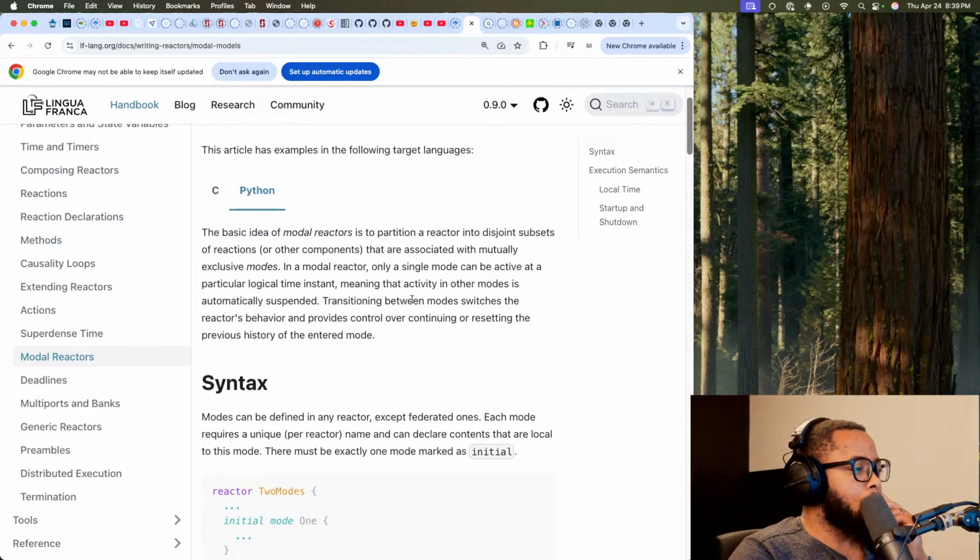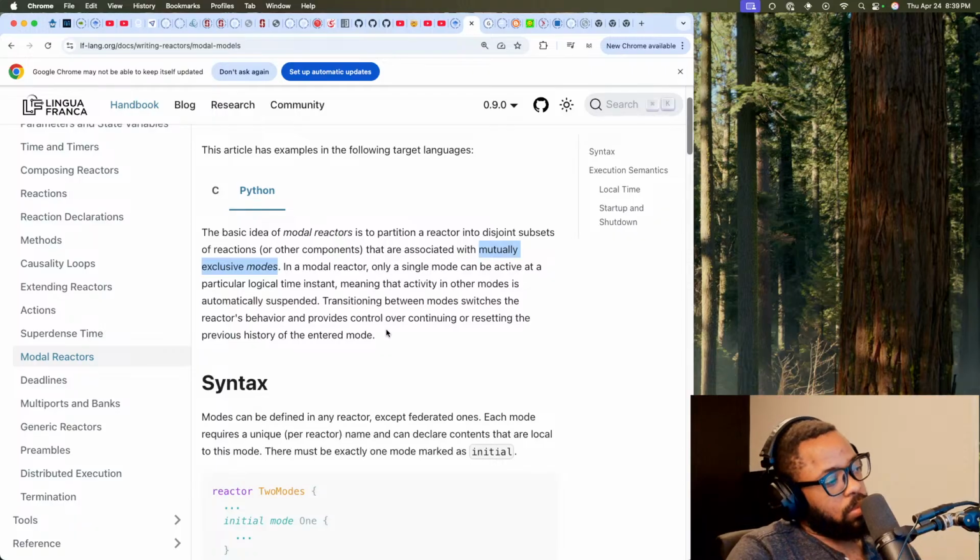Okay. So modes are mutually exclusive. And when you transition between any two modes, you're basically resetting the state to an initial state for the mode that you're transitioning to.